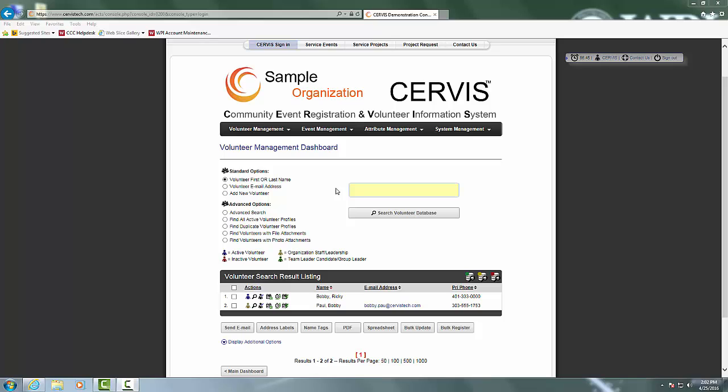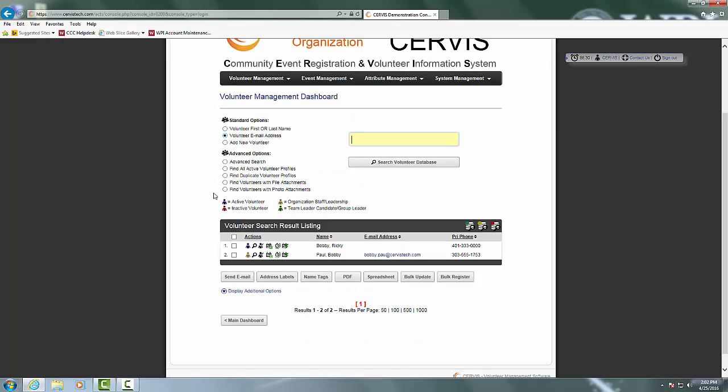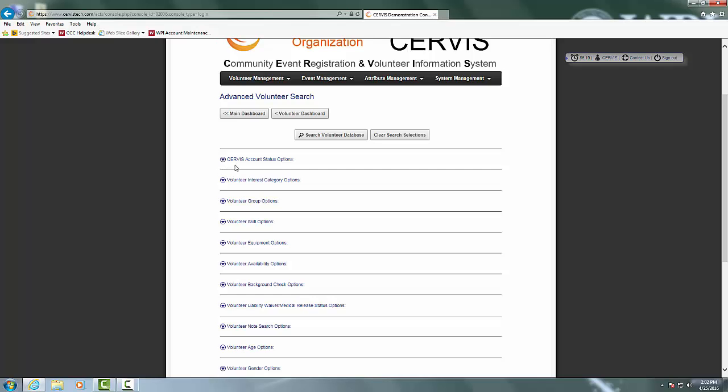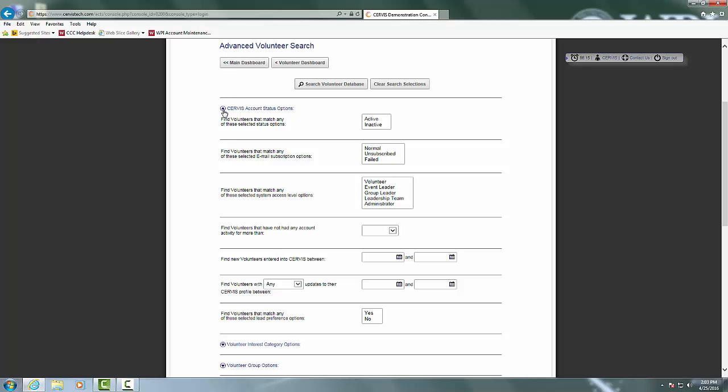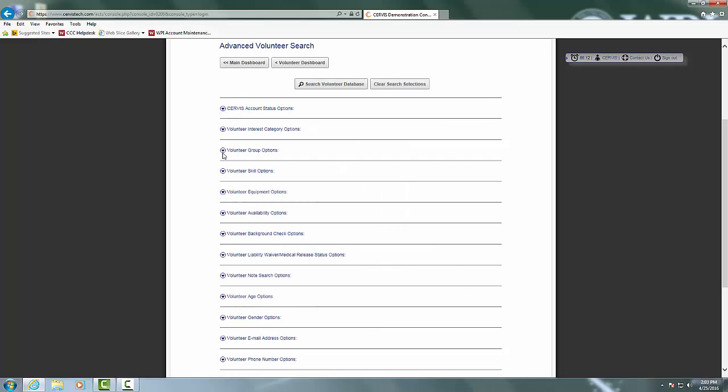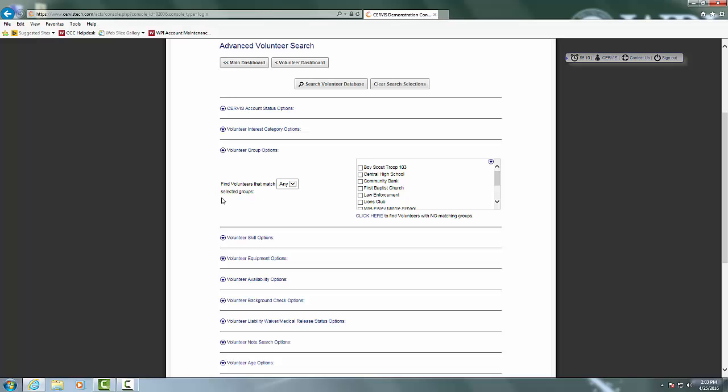There are several more features that are included in the volunteer management dashboard. Under the volunteer first or last name, you can also search the volunteer database by entering their email address. You can also add a new volunteer, which we just went over. It's the same process. We can perform an advanced search. There are several options under the advanced search that include account status options, volunteer group options, and interest category options,